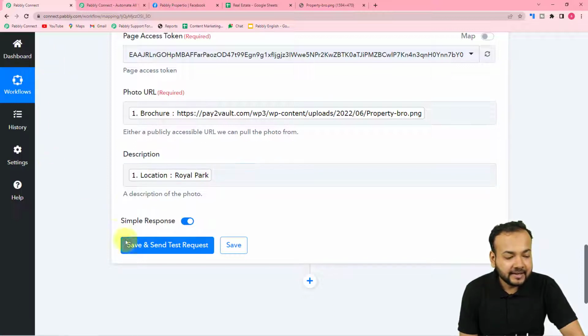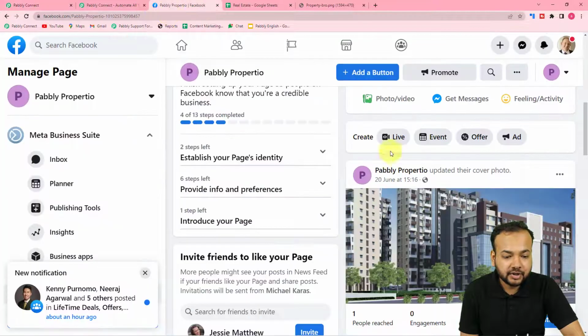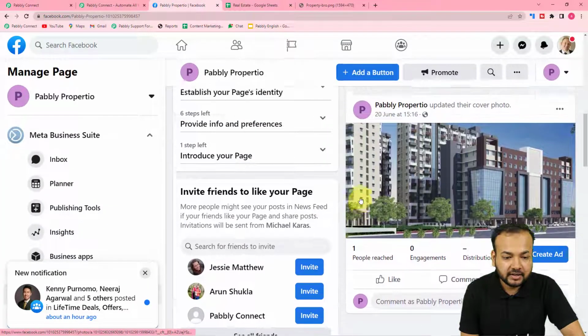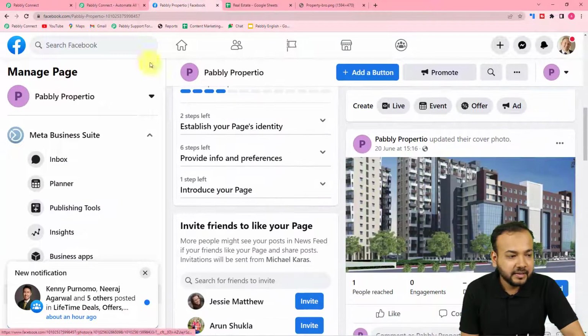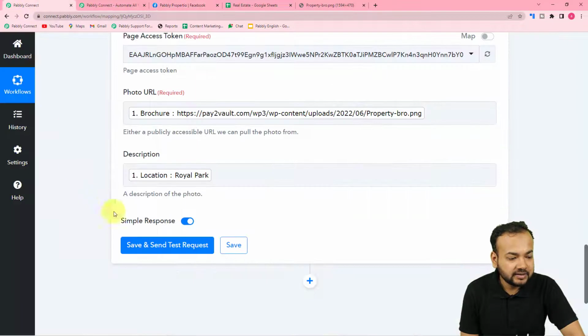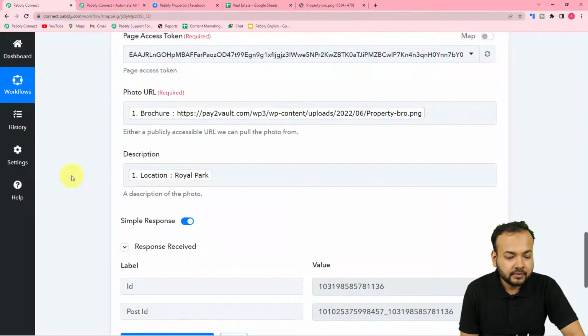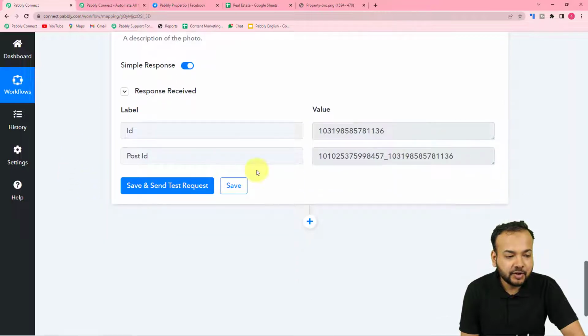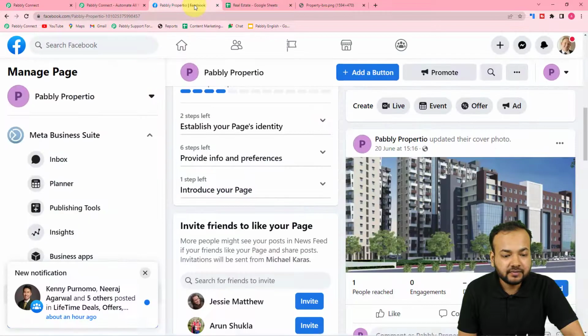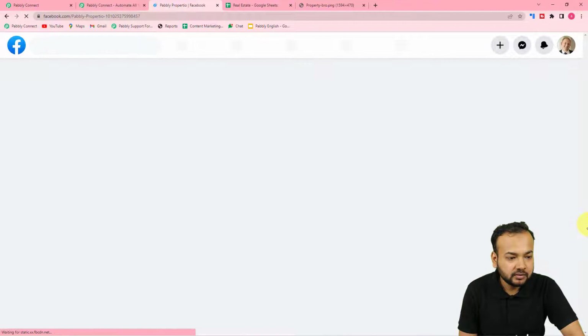So now guys, by clicking on save and send test request, you can create a new test post here on this Facebook page. Okay, so this is my Facebook page, and let's click here on save and send test request. All right, so this is the response we have received. We have generated a new post ID. Let us check in our Facebook page if we got a new post or not. So I am refreshing the page now,